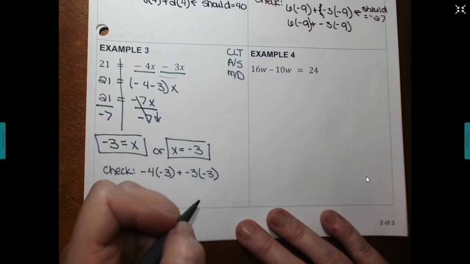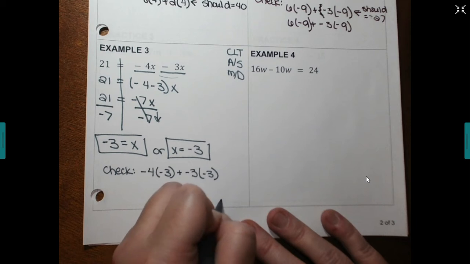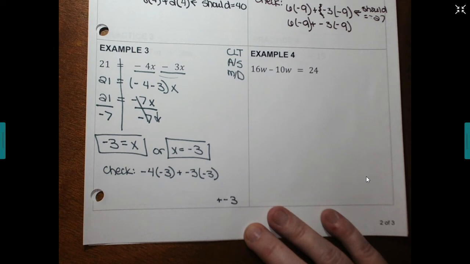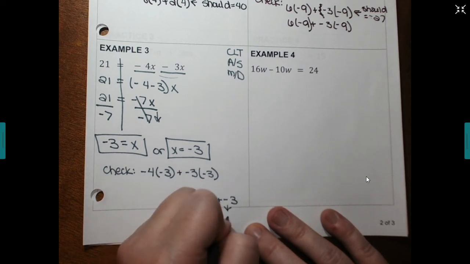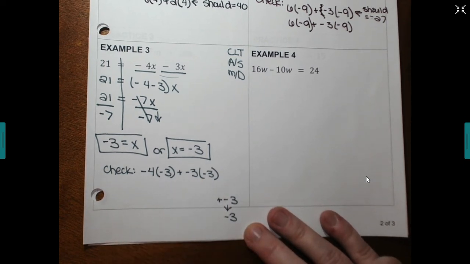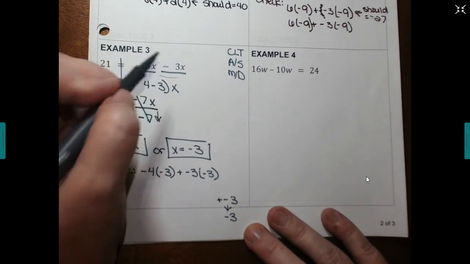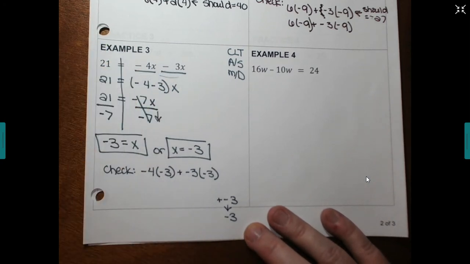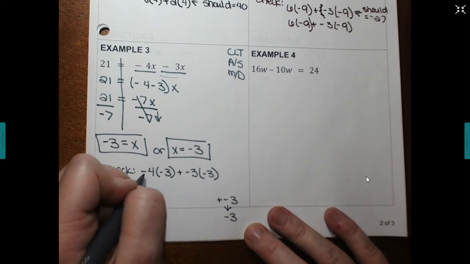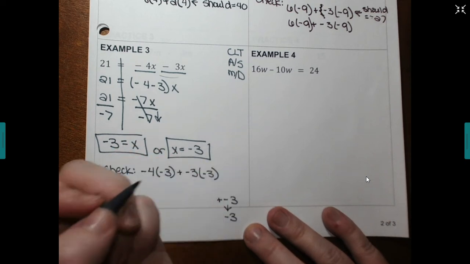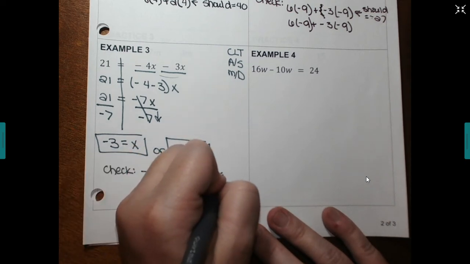And if I have plus minus 3, go ahead and put that into Desmos. It'll come down and tell you minus 3. So this means the same as this. So negative 4 times negative 3 plus negative 3 times negative 3 should give you